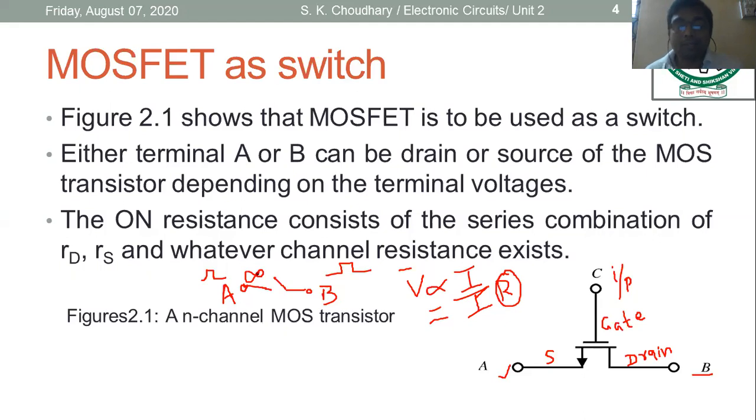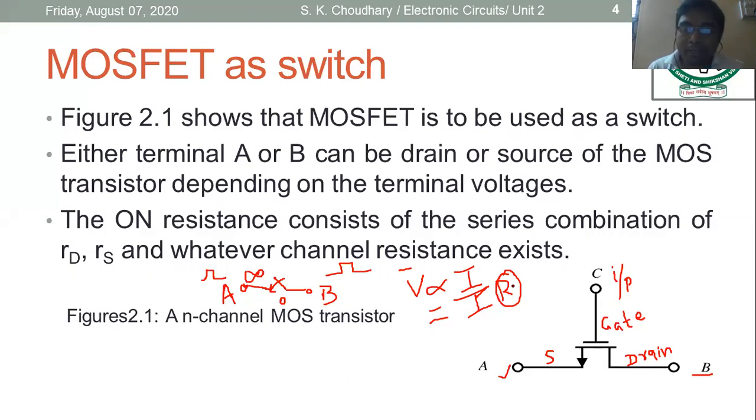Okay. But as you decrease the resistance, how do you decrease the resistance across A and B? When you connect this switch, the connection is established, a conducting path is connected, and this conducting path decreases the resistance across A and B. Now if it is an ideal switch, resistance is 0. If it is a practical switch, not ideal, the resistance would be very low, so low that it allows the flow of current. And when the current is allowed to flow from A to B, whatever output device is connected to B would be turned on.